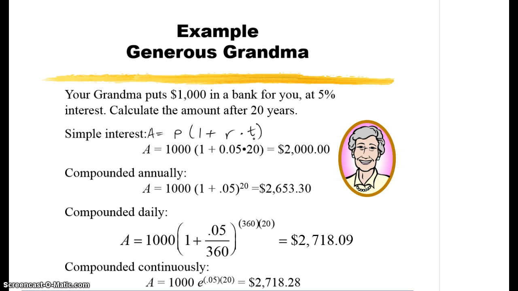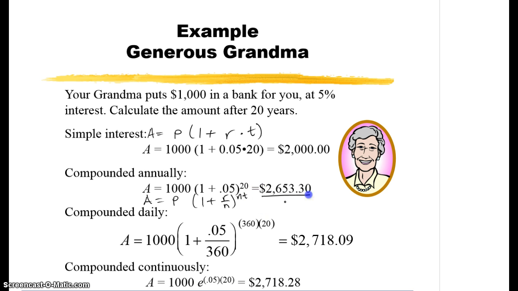If we were to compound annually, right, then all that's changed here is this is still A equals P times 1 plus, how do we get the 0.05? Well, remember, this is the rate divided by the number of compounding periods. So in this case, that would be one compounding period because it's annually. Okay, and then it's to the power of NT. Once again, since N is 1 and T is 20, we get 20. And notice when the calculation is done, we get